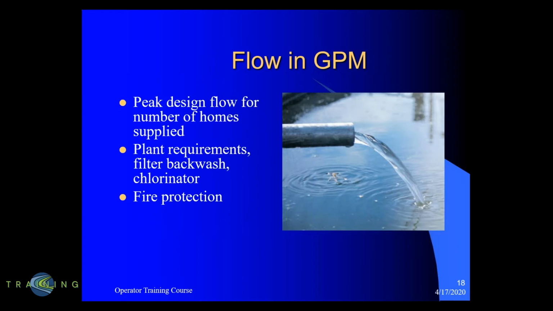For instance, if I'm designing for a booster station for a small community or a new subdivision that's going in, I consider the number of homes that are being supplied, and we design around the peak design flow for the number of homes required. If you're in a plant, you may be sizing for a filter backwash, and the purpose there would be that the manufacturer will tell you that for proper backwash of your filters, you'll need a certain flow rate and a certain head condition